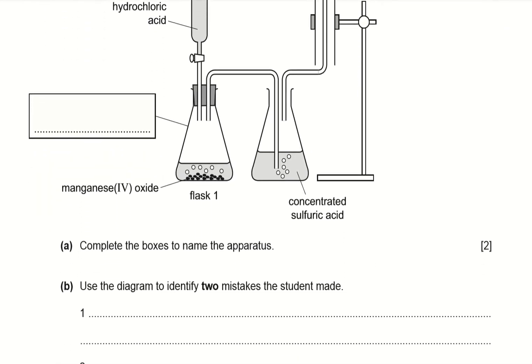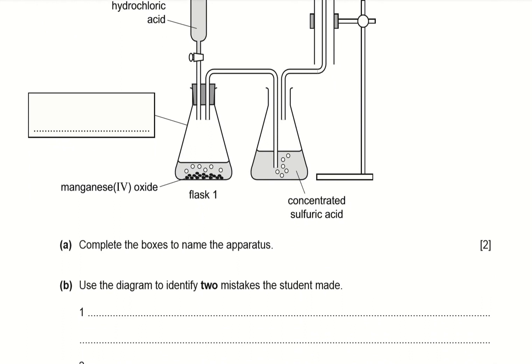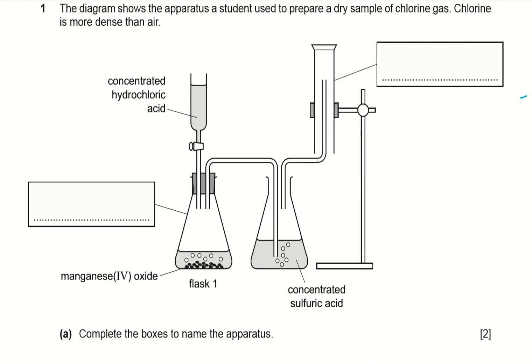So, question A says complete the boxes to name the apparatus. And question B says use the diagram to identify 2 mistakes the student made. So in solving questions like this, 2 things are very important: ability to identify apparatus with their particular uses with respect to the kind of experiment that is being described, and the second is understanding the proper setup for a